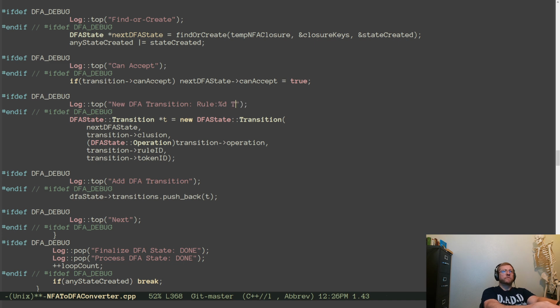Rule thing, token thing. Every rule only specifies one, so this is more like a clarity thing. Okay. Transition, token ID.